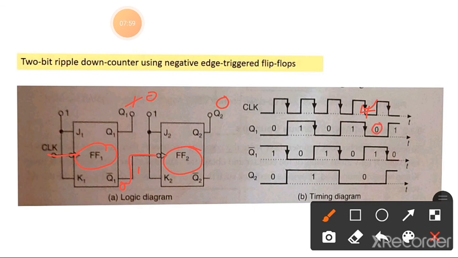Here it is 0, then here it is 1. Q2 was 0 in the last state, and it remains so. It is a positive going pulse, so it will not affect flip-flop 2. So Q2 remains unchanged, in the same 0 state. So the output becomes 0 0. The fourth clock pulse output is 0 0, Q2 is 0 and Q1 is 0.